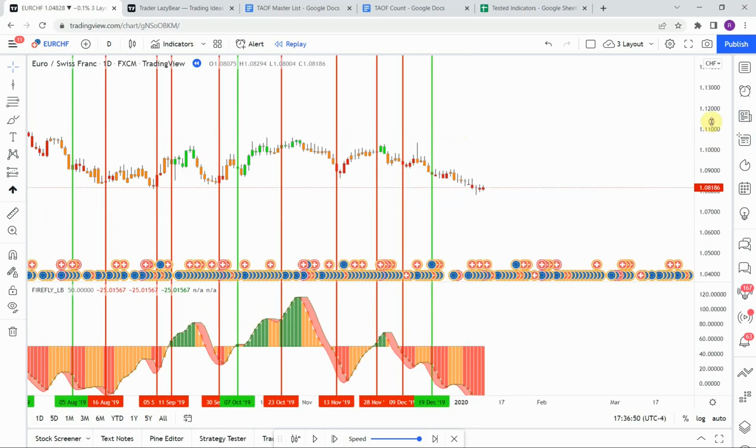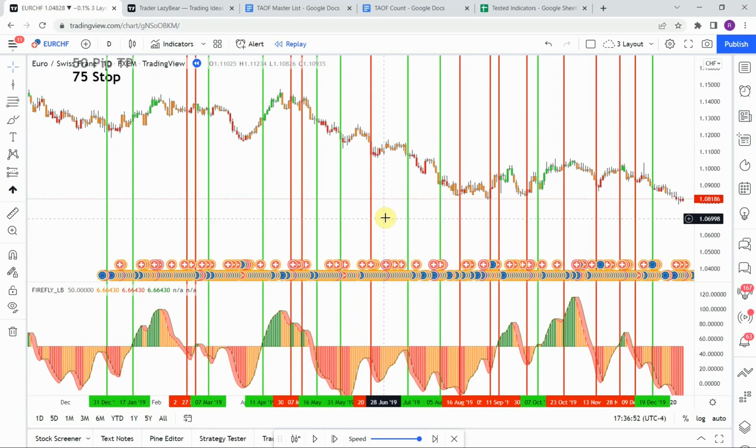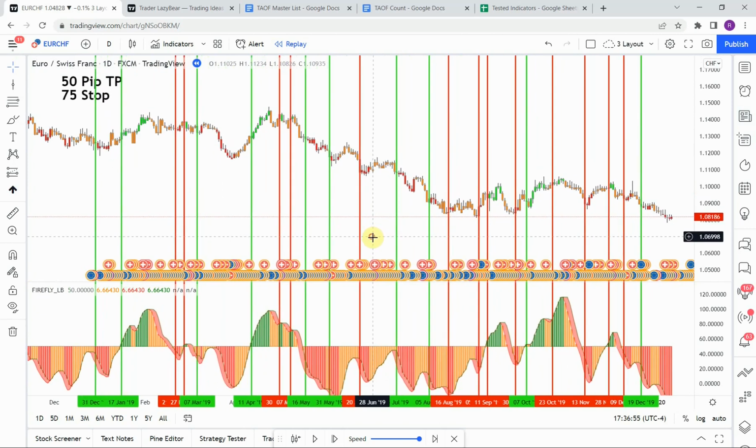Alright, so let's go ahead and take a look at our indicator here, get everything in focus. So it definitely gave us a decent number of trades within the 1 year's time. Let's count it out and see what we have. 1, 2, 3, 4, 5, 6, 7, 8, 9, 10, 11, 12, 13, 14, 15, 16, 17, 18, 19, 20, 21, 22, and 23. So we have 23 trades all together, and we have 1, 2, 3, 4, 5, 6,